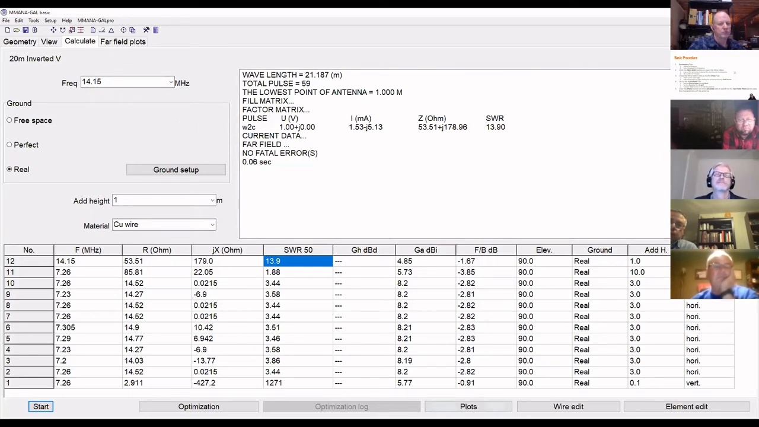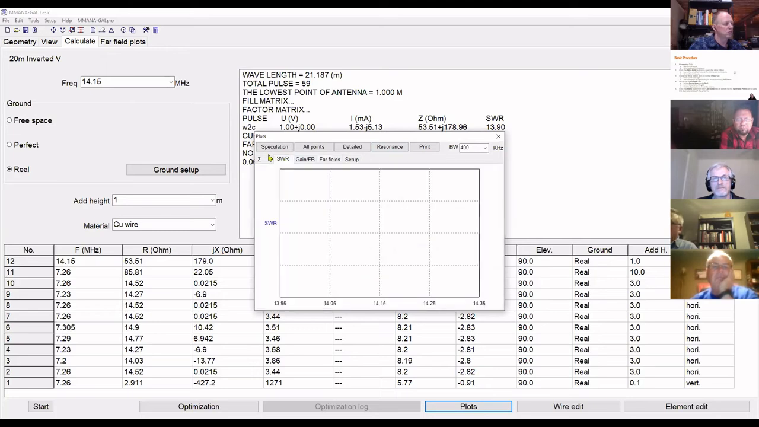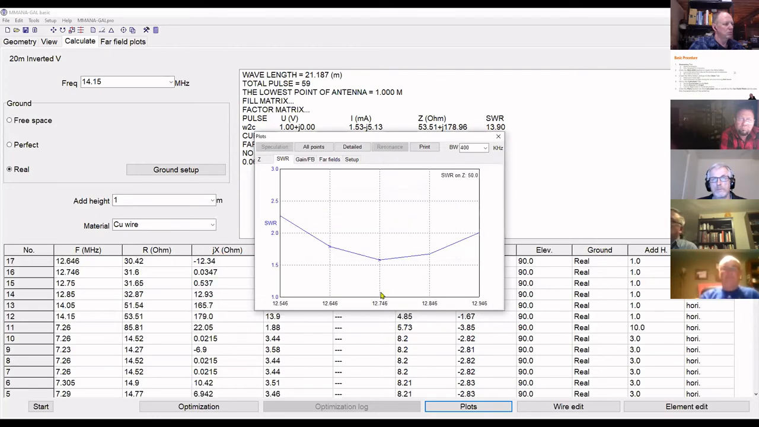We want to go into the plots menu, and we need to figure out where this antenna that's too long is actually resonant. We know it's probably, because it's too long, going to be somewhere below 14 megahertz, right? So we go over here to SWR, but this time, instead of clicking detailed, we're going to click resonance. Tell it yes. This antenna is actually resonant at 12.746 megahertz,